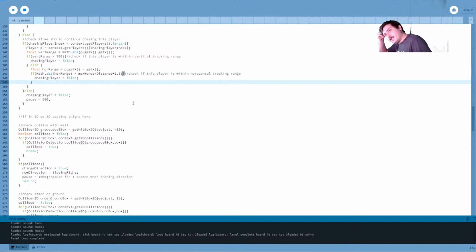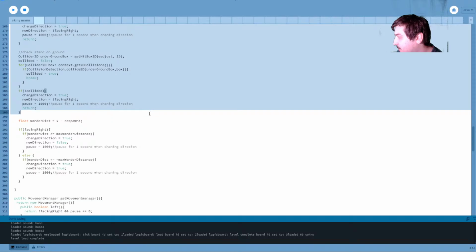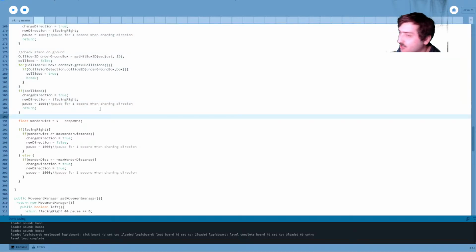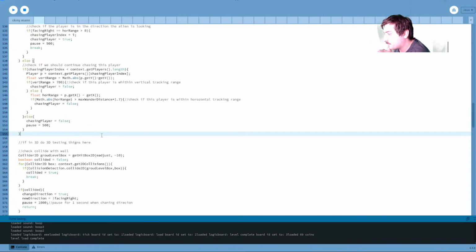So then all this wander logic is mostly sound here. I'll probably just have it not change directions continuously if the player is a bit farther away. Or if it reaches its limit, it just won't turn around until after it's no longer aggro at the player. But for now, I guess we need to have it try to face the player.